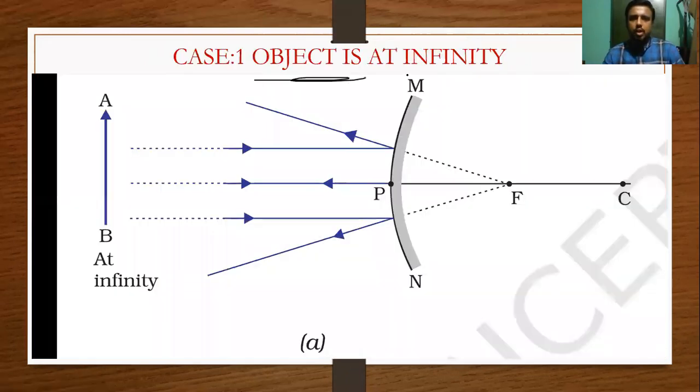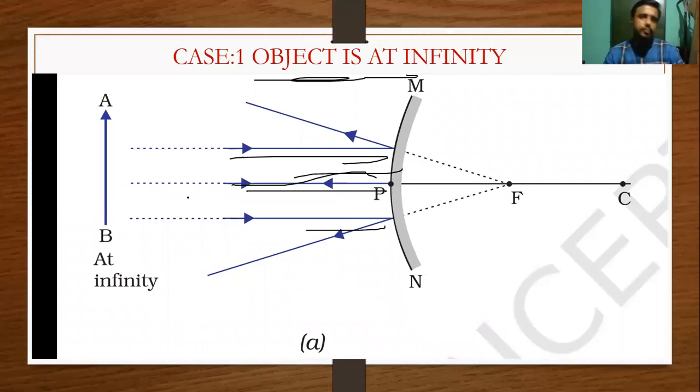In the first case, the object is at infinity. You can see the object AB, and the rays are passing, all parallel to the principal axis. One is passing through the principal axis, so the one that is passing through the principal axis will retrace its path. The other rays, one is from